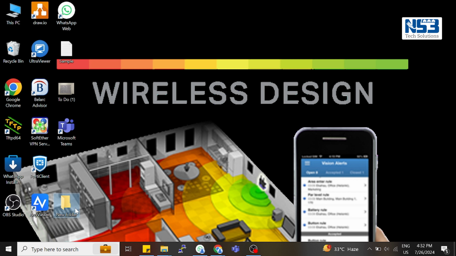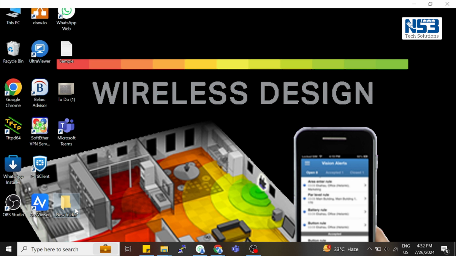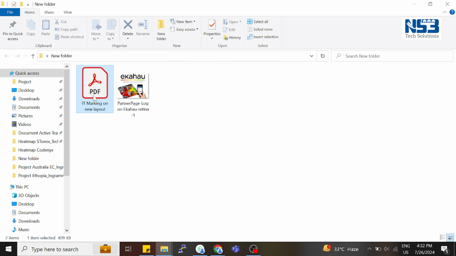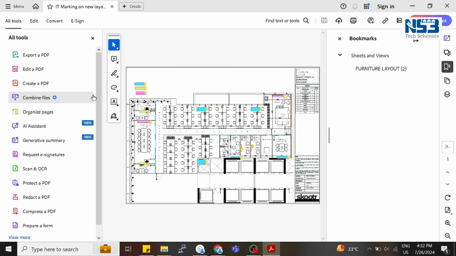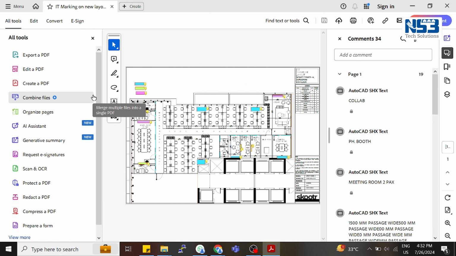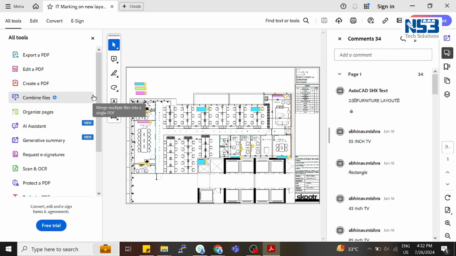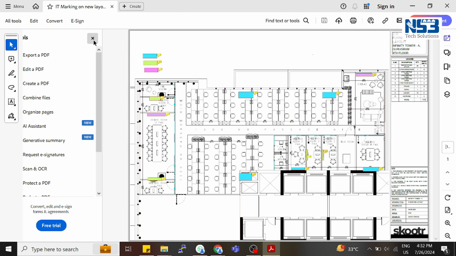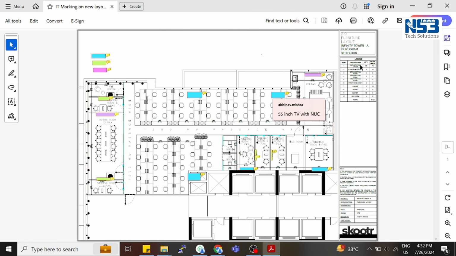So let's take a look at the floor map. This is how a standard floor map looks. It's an architectural layout, a floor layout, and this file would consist of all the notations such as the seating arrangements, the partition type, and proper measurement dimensions of an area.